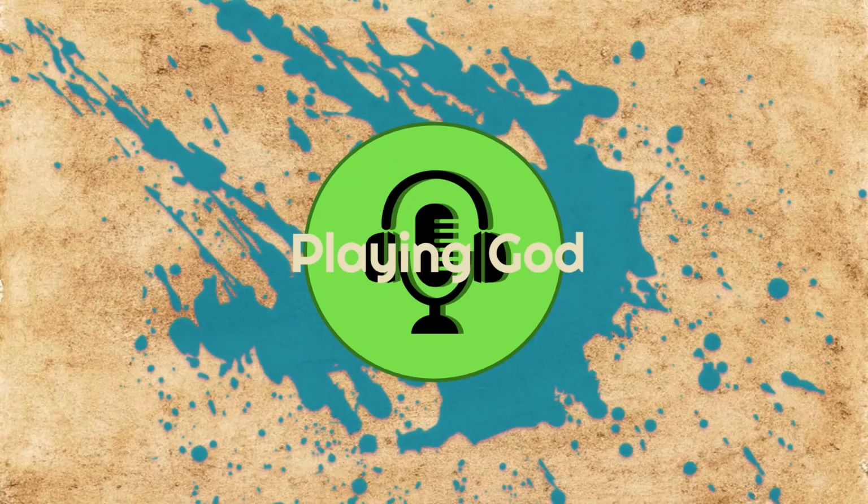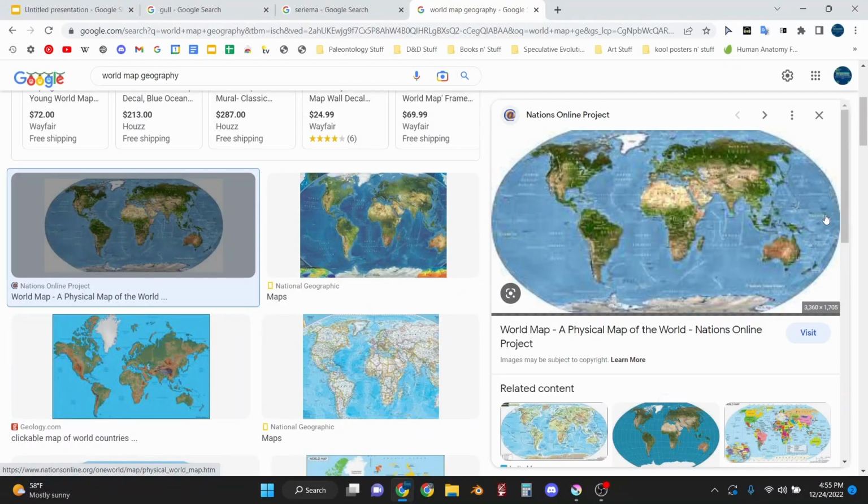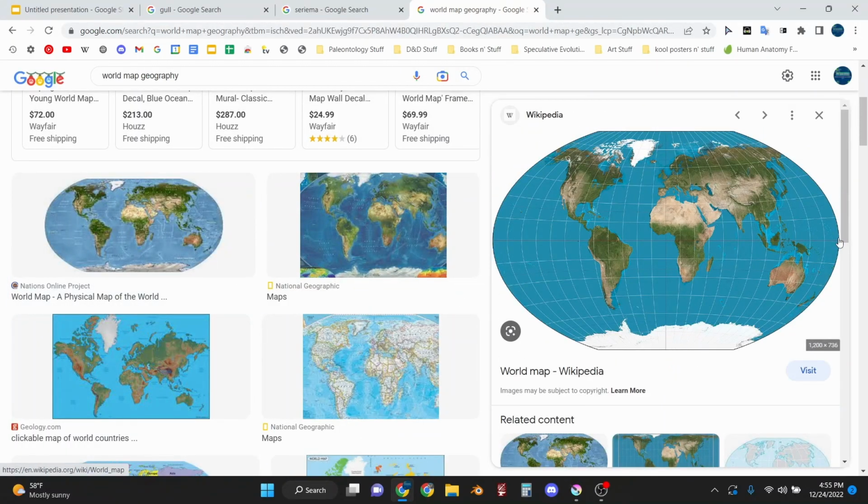Anyways, basically, a culture is heavily influenced by the environment it's in. For example, going back to a map of the world, you'll notice stuff.